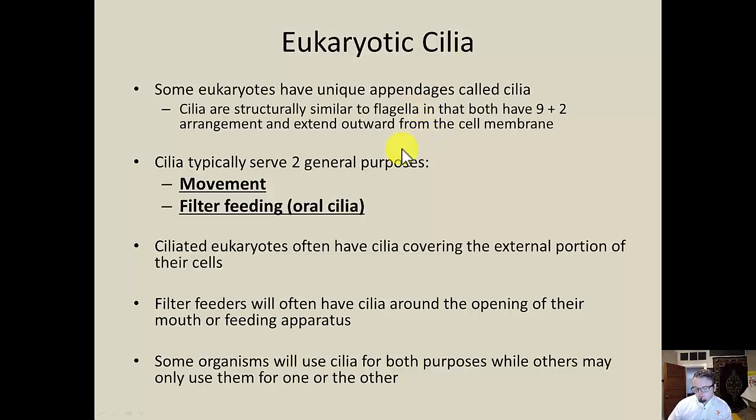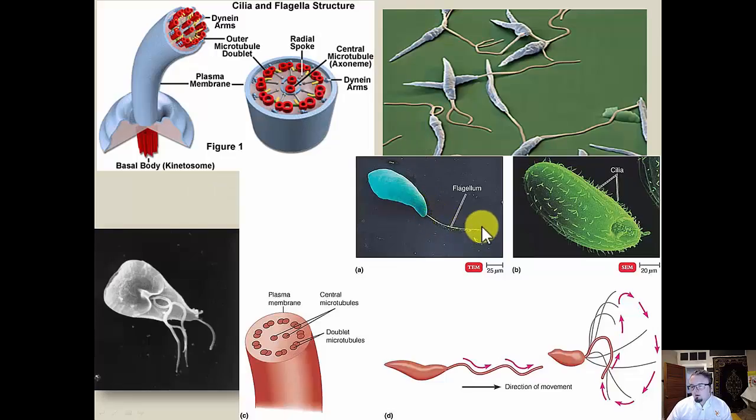Now, there's another similar structure called a cilia, which is a smaller version of a flagella and typically more numerous. So just go back here real quick. Here's a flagella, kind of a traditional single tail. Here are cilia. They're the same 9+2 arrangement, but they're just shorter and more numerous and stick out all around the outside of the cell typically, although I'll talk about some exceptions to that.